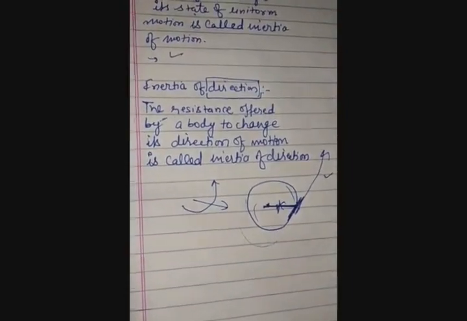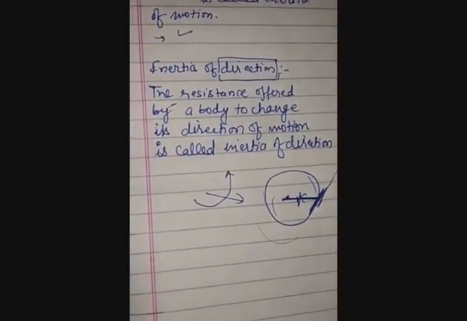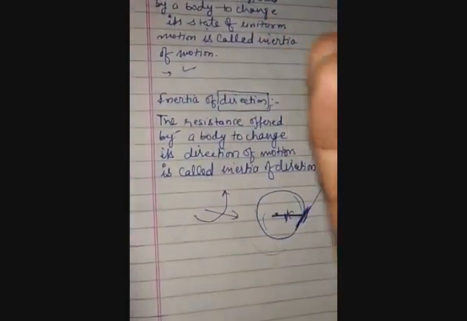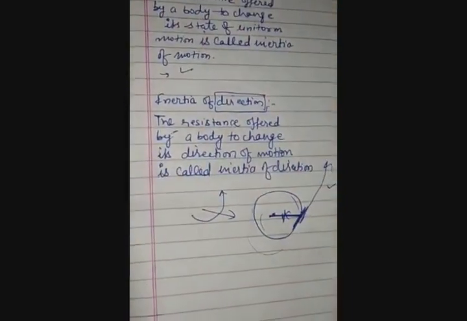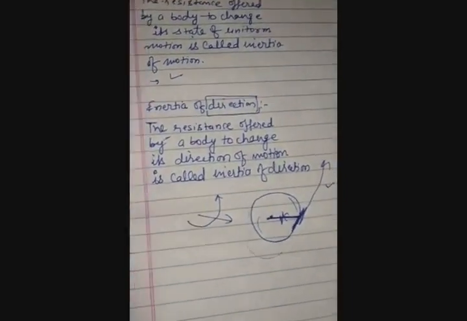So we can say here, in the case of inertia of motion, inertia of rest, or inertia of direction, these things come due to a body storing its force in it. Okay, so these are the simple explanations about inertia. Okay students, prepare notes along with the explanation.